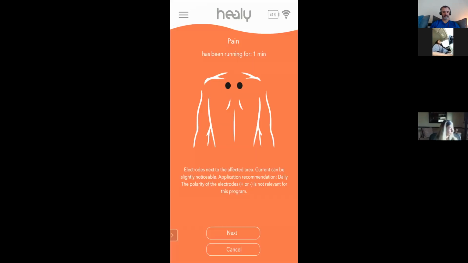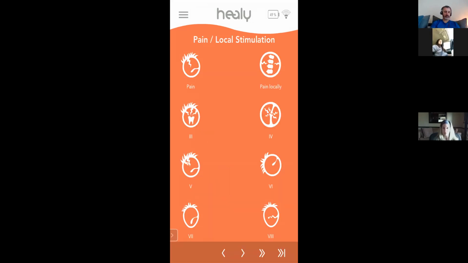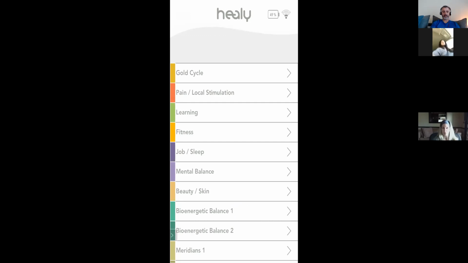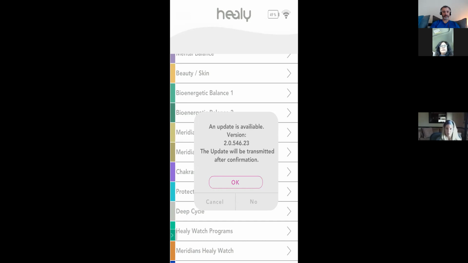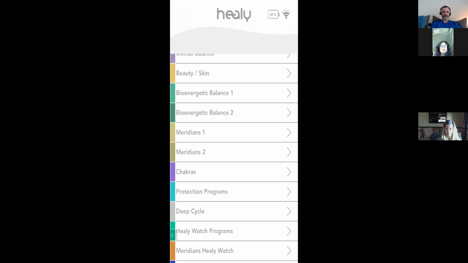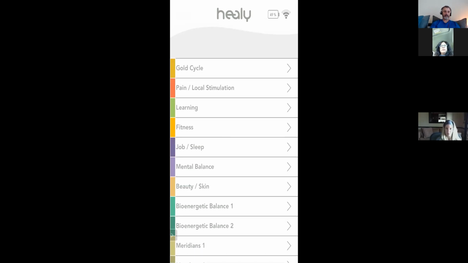Now, one thing, if you're brand new to your device, occasionally what will happen is, you see I have all this program list here. If instead of your device looking like this initially, it's just blue and it just has one app on it, a lot of people are like, hey, look, I don't have any programs on it, okay? And I'm actually not going to update the program because it's working right now.